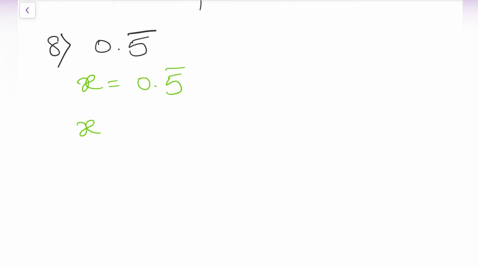Now let us check the 8th bit. In this 8th bit, they gave non-terminating repeating decimals, and we need to convert those decimals to p by q form again. The method will be a little different, so have a keen eye on this. Express 0.5 bar in the form of p by q. First, whatever the question they give, take it as x. x is equal to 0.5 bar. Only the bar is on 5, so only 5 is repeating: 5 5 5 5 5 and so on.